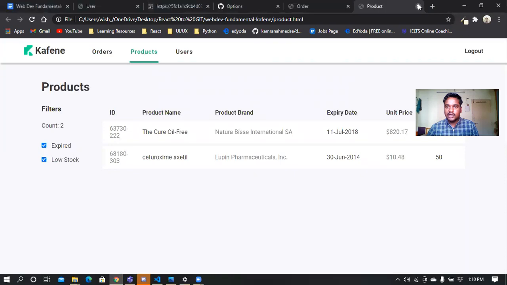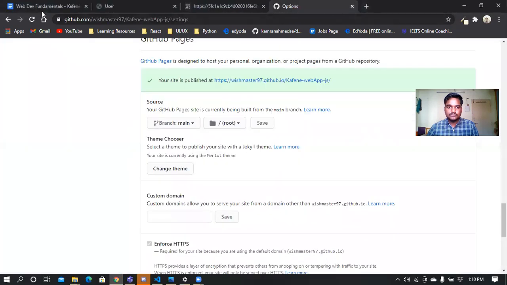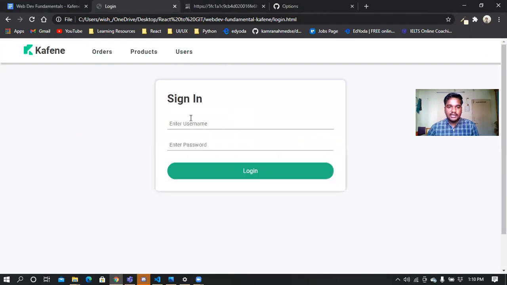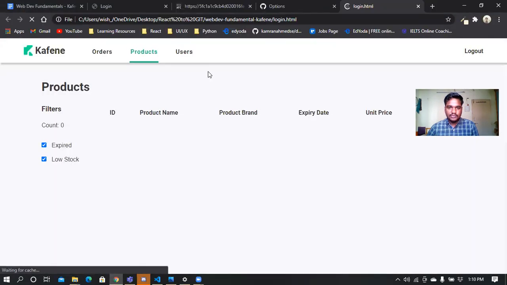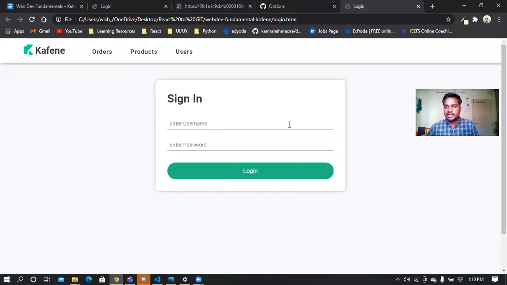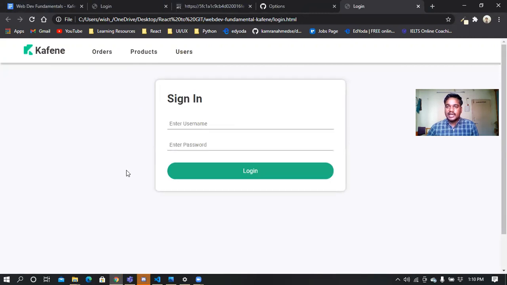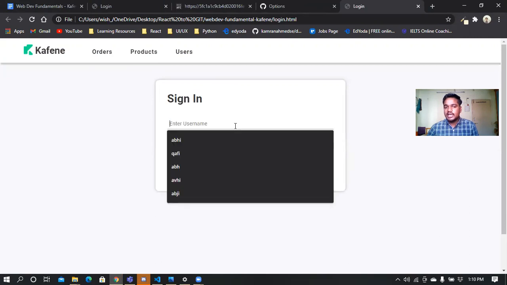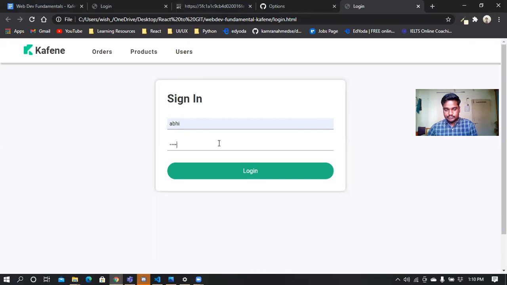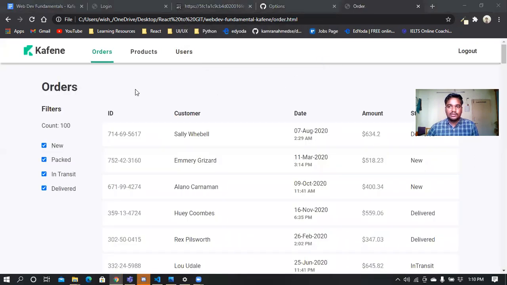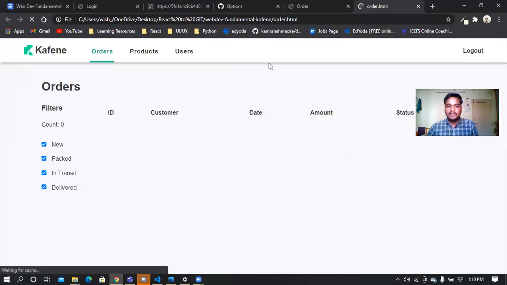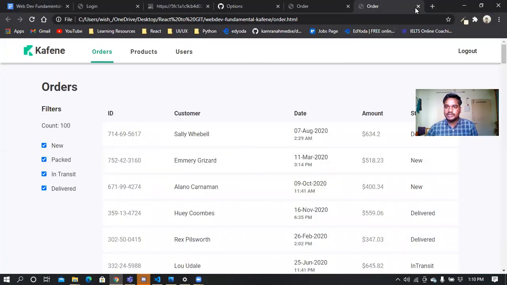Once the user has logged out and then tries to do that, it will go to the login page first, because the user is currently not logged in. So the user has to log in first, and then he'll be able to use the local storage functionality. Even if we close the browser and reopen it, it will work. Even if we try to go to the login page, it will directly land on the orders page. So this is the front end functionality of the project.